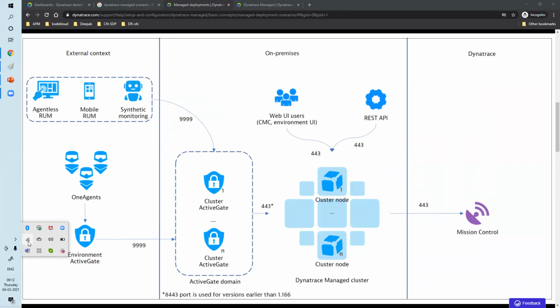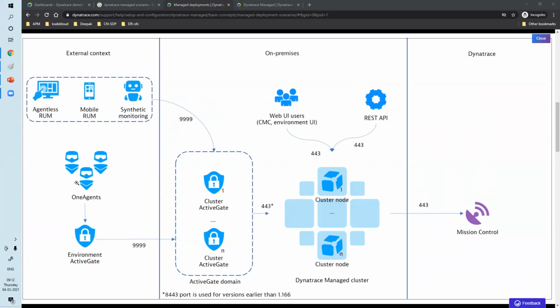So if they want to monitor mobile applications, that is real user data, RUM data, then you should have a Cluster ActiveGate. If you want to do synthetic monitoring, then you should also have the Cluster ActiveGate. Synthetic monitoring we will discuss in detail later, just for the architecture point of view. For agentless RUM, mobile RUM, and synthetic monitoring, a Cluster ActiveGate is required.